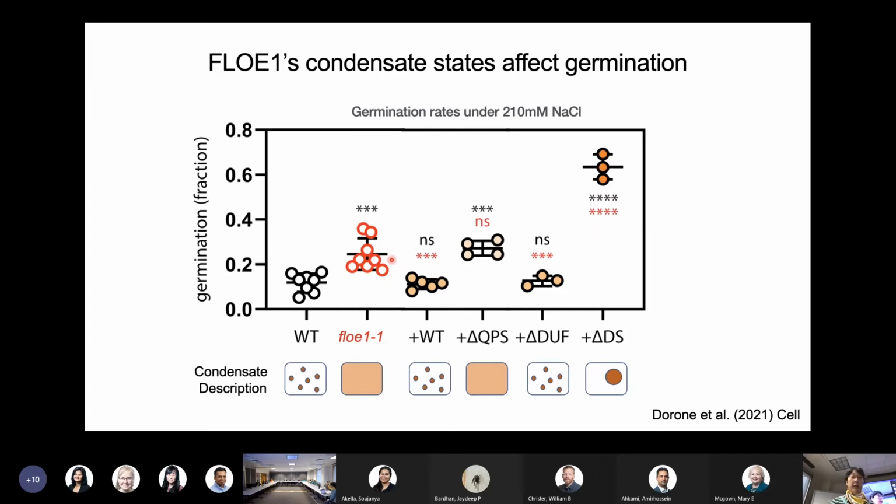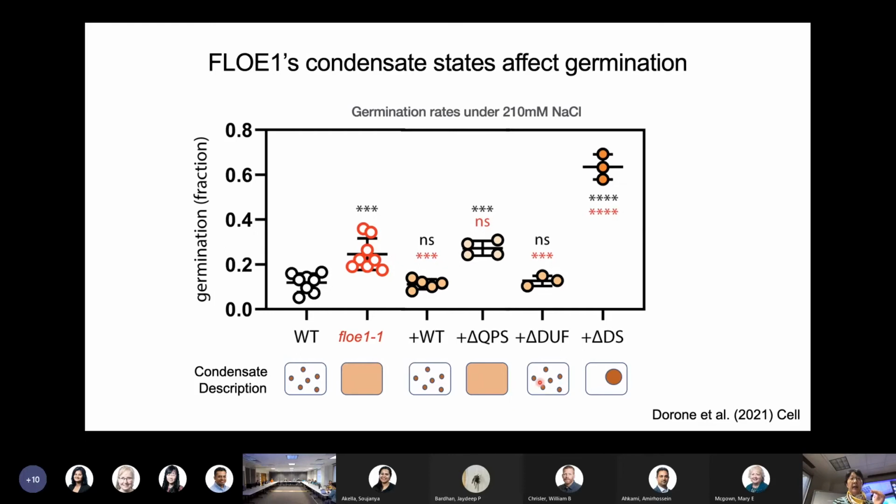This is a complex figure, but I'm going to walk you through it. So the bottom here is basically the protein's physical state. It can go from being liquid droplets, like in wild type, or it could have no granules. In flow one, there's no protein actually, but in the QPS domain deleted mutants, there is protein, but it's not forming any granules. It's kind of dissolved. And then this plus wild type is the knockout mutant that has the wild type version